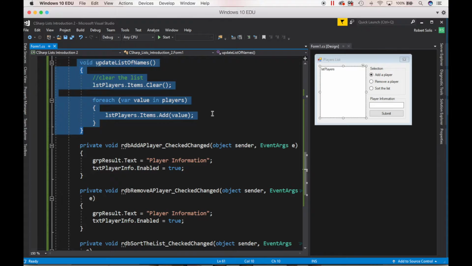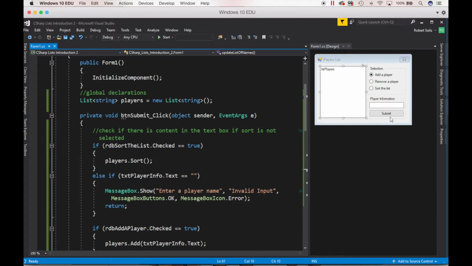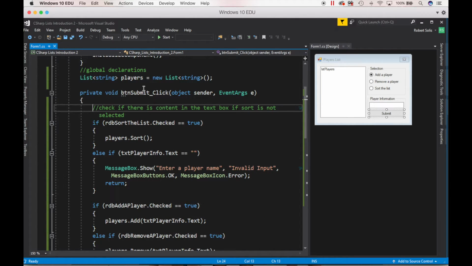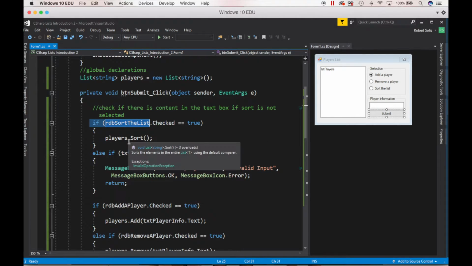Okay, so now that I have that, I'm going to go ahead and double click on the button, and of course that's going to take me into the code area for the submit button. And so what I want to do is this. Well, first of all, which one of these is checked? Is add a player checked? Remove a player? Sort the list? I better determine. If sort the list is checked, then what I'm going to do is to call this function called sort based on this players list. So in essence, what this does is if I have Robert, Kristen, in fact,